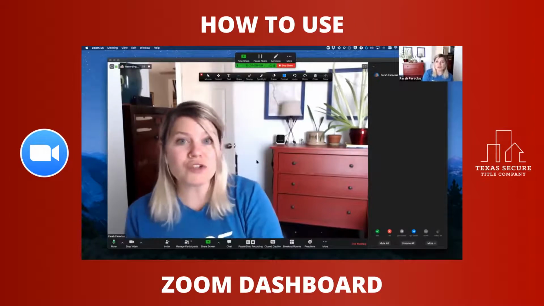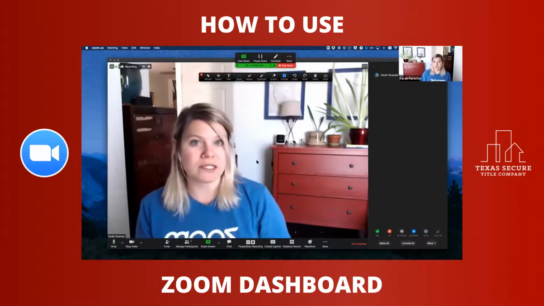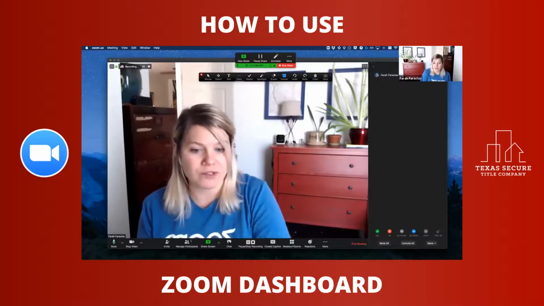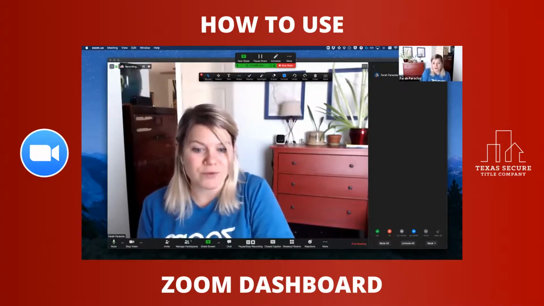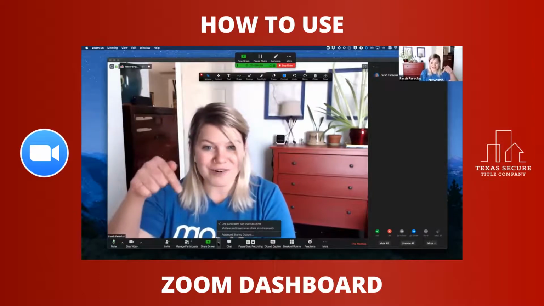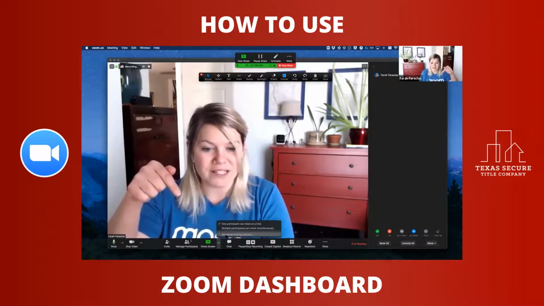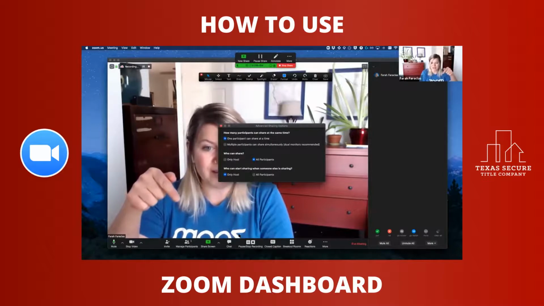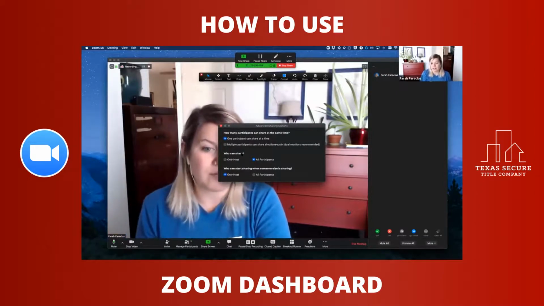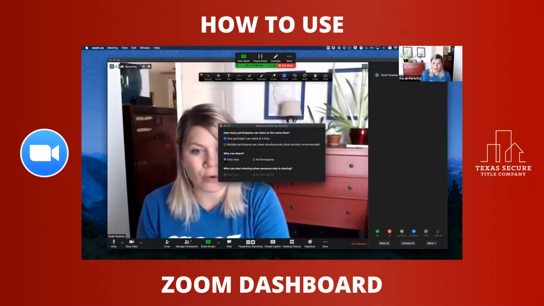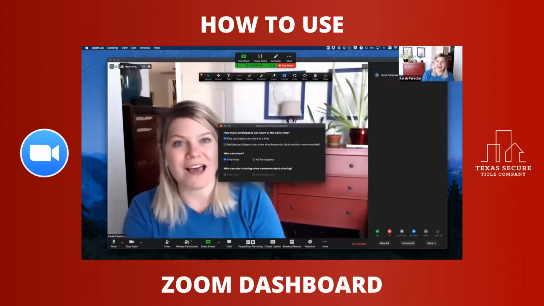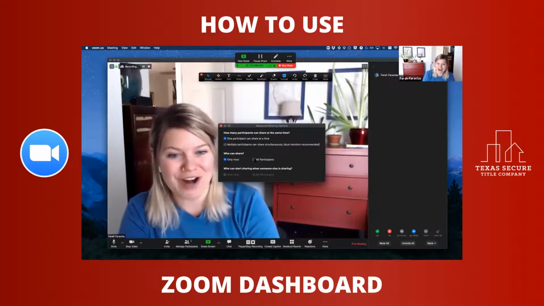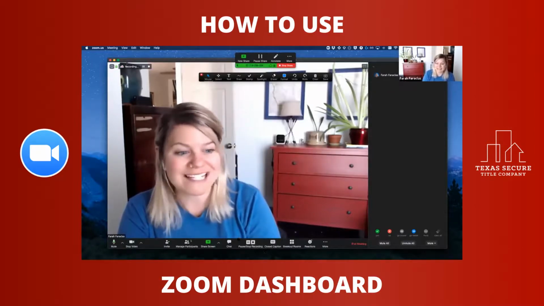Now, if you want to restrict others in the audience from sharing their content and make it host only, you can simply leverage the up arrow, which is right here at the bottom of my screen. You'll see this up arrow lets me go into advanced sharing, and this pop-up will allow me to make it a host only share. So this will restrict users from sharing anything out of turn that might be distracting. I'm going to go ahead and put this back onto all participants